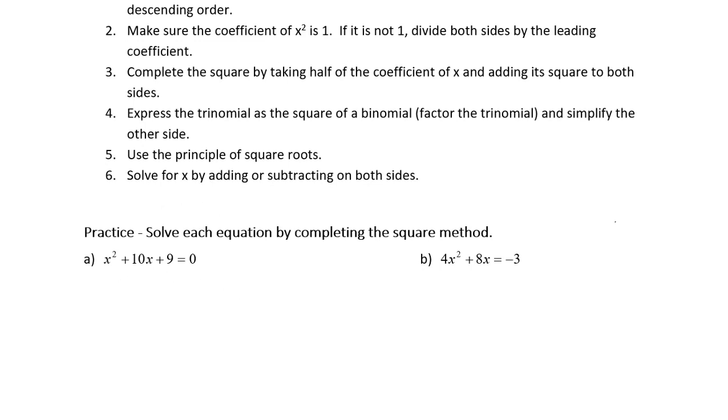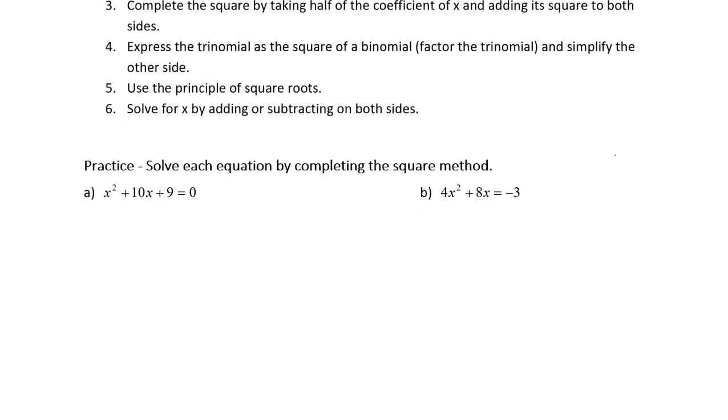In this first example, we have x squared plus 10x plus 9 equals 0. The first step is to isolate the terms with variables, so we'll subtract 9 from both sides. This gives me x squared plus 10x equals negative 9. I left a blank spot here on purpose because I need a third term. I'm going to find that third term by